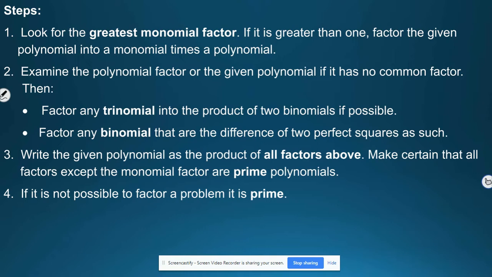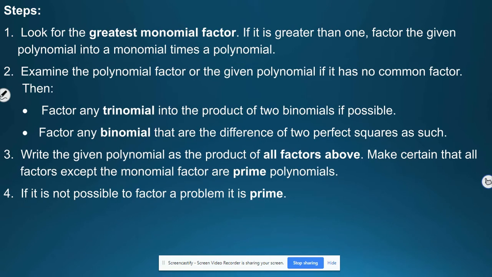So, steps. We have to look for the greatest monomial factor. If it is greater than 1, you're going to factor that given polynomial into a monomial times a binomial. So you're going to take out a monomial that is a factor of all the terms of the polynomial. Second, you're going to examine that polynomial factor, or the given polynomial if it has no common monomial factor, by